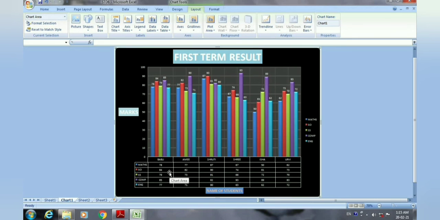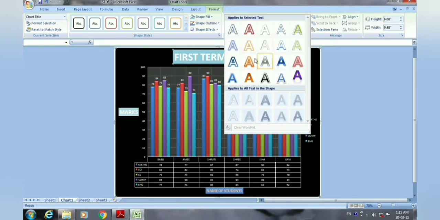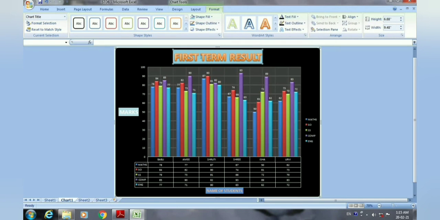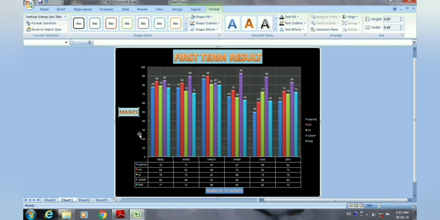So here we have discussed all the options of our design and layout tab. In the format tab, whatever things we have discussed, here we have changed, and you can apply the WordArt. You can see we have applied it over here. Many styles are there, you can choose any one according to your wish, then that style will be applied to your text.